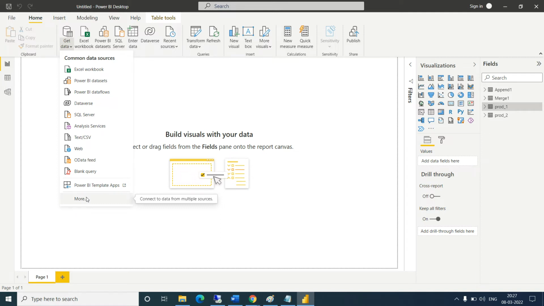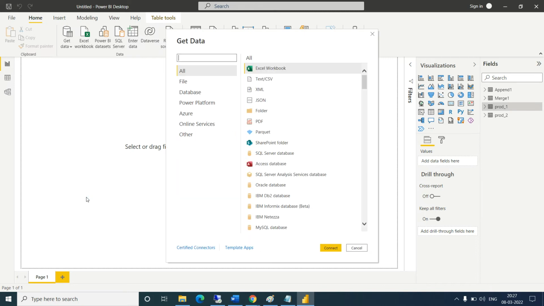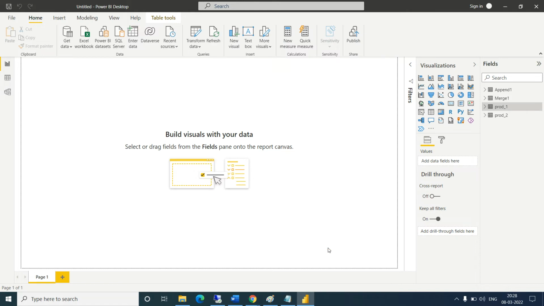Click on More, then you can see there is a folder option available. Let's click on Folder and connect the folder.